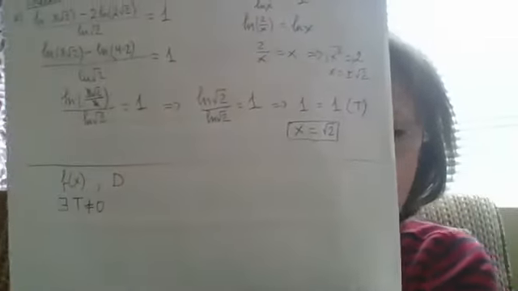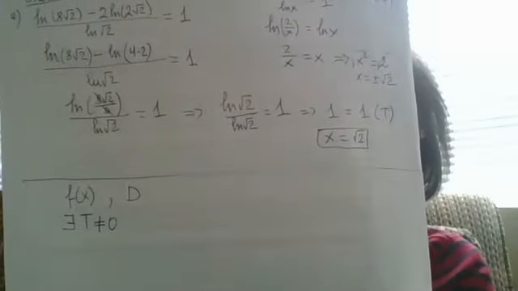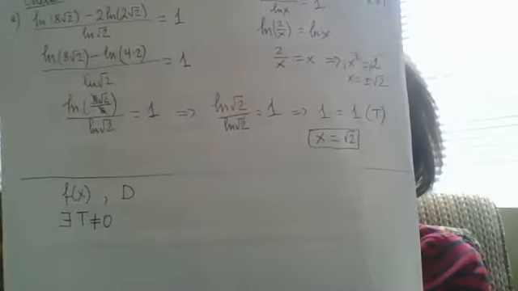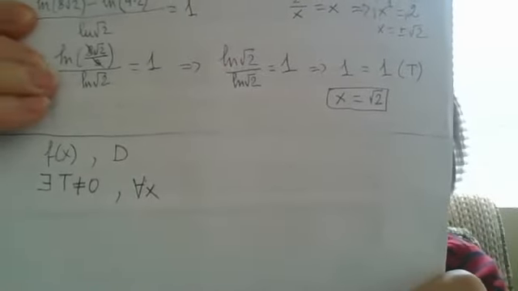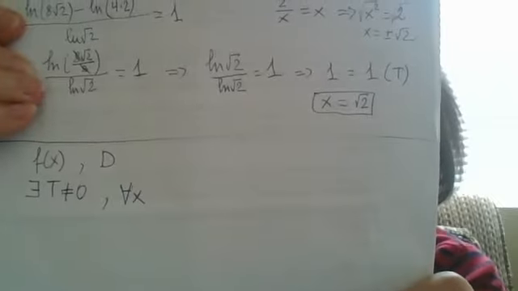And now I'm starting. If there exists a certain number t, I hope everyone remembers that symbol of a turned-to-the-side capital E. In math, it means exists. Or if you like to write this as a word, you can do that. If there exists such a number t not equal to 0, such that for any, and again, I'm using the symbol of any, the upside-down capital A, for any x from the domain